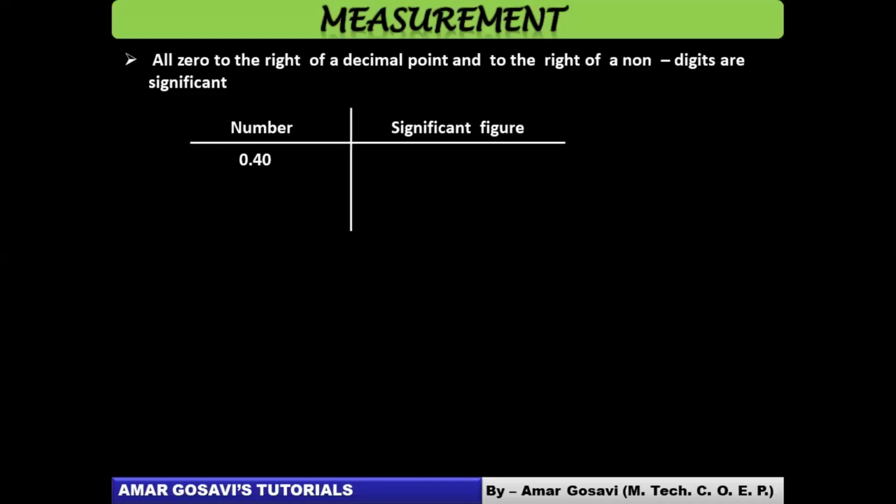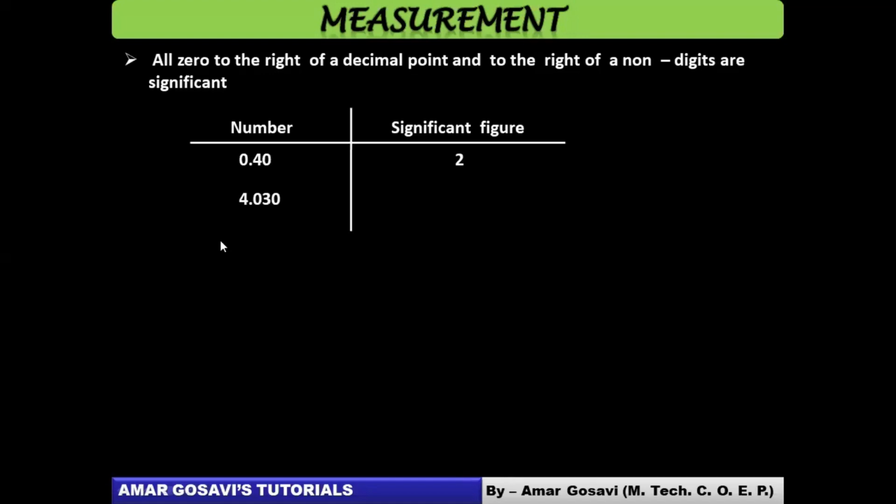So which zeros are significant? All zeros to the right of the decimal point after a non-zero digit. So in 0.4, the zero that comes after it, whether it is significant or not, it is significant. Had this zero been before 4, it would have been insignificant, because this 0 is after 4, after the decimal point, it has become significant. So very tricky at times. Simultaneously, you'll have to consider all these rules while deciding significant figures, friends.